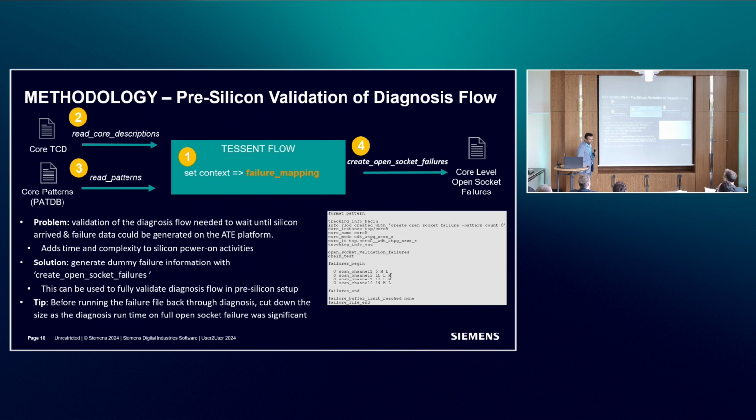Okay, this is one of the invaluable tips that we have employed as part of the diagnosis flow. The way it works is, as I said, usually diagnosis begins only when the actual silicon failure occurs, right? By deploying this create open socket failure, you can pre-emulate this behavior in the pre-silicon. So what it means is you can issue this command in Tessent, create the log file, and then